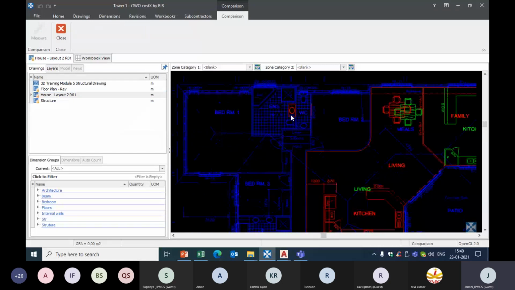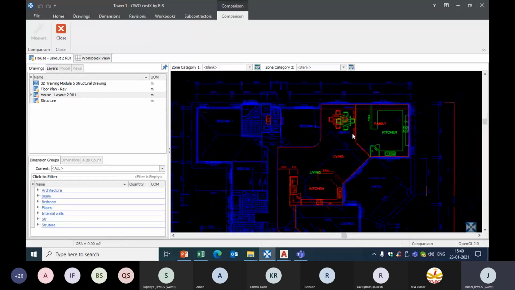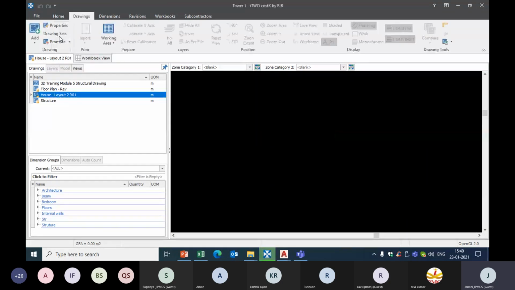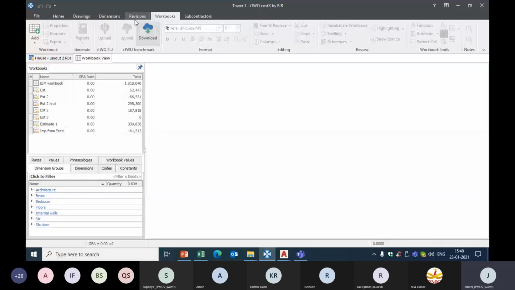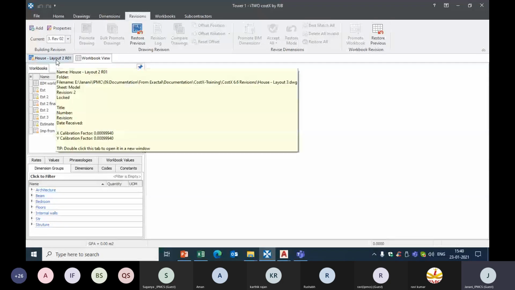With this drawing comparison, you can easily identify the deleted elements and the newly added elements in your 2D drawing, which will be helpful for your quantity takeoff. Once you update your quantities, your estimate will get updated automatically using the promote workbook option, where you can easily update your workbook.